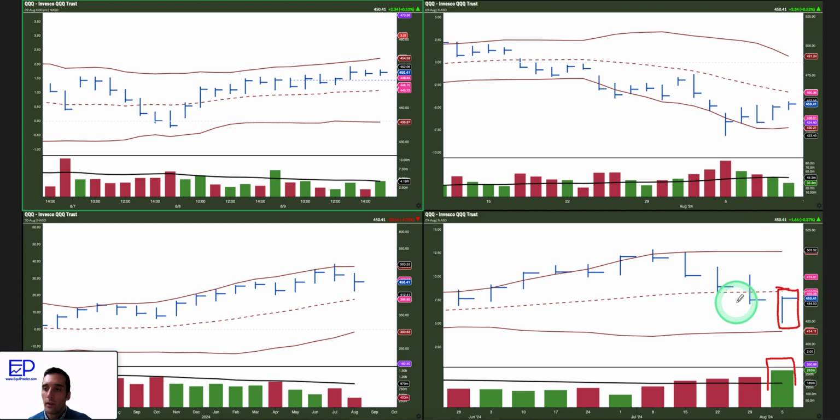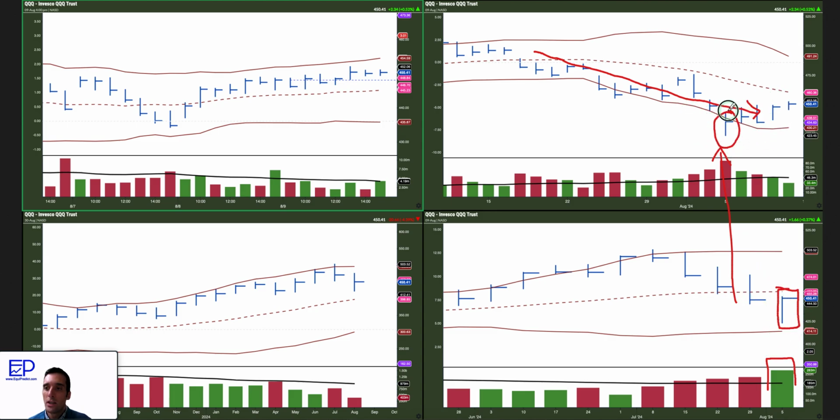Given that fact, if we're looking for an entry, we're going to hop down to the daily now, and you're going to see that the Bollinger Bands have been drifting downwards since about the 15th or so of August. There really is nothing yet to tell us that we're heading into a new uptrend. Again, we got a nice signal here, a bullish signal, not necessarily a trigger, on the weekly. But nothing really in the daily,